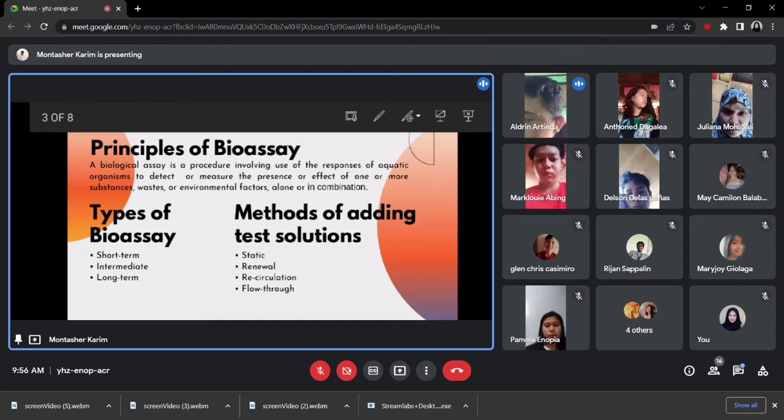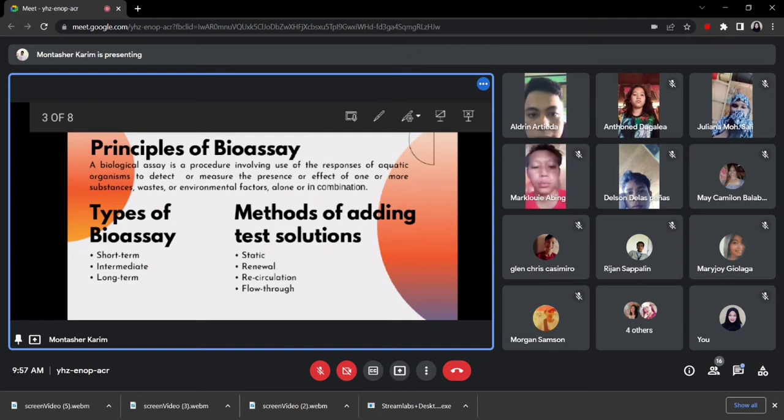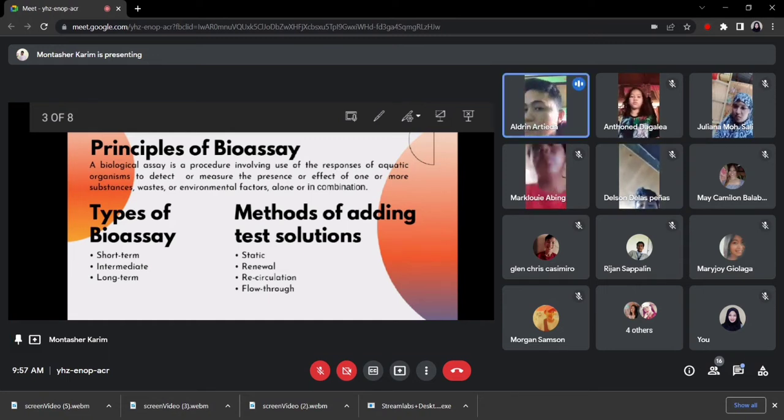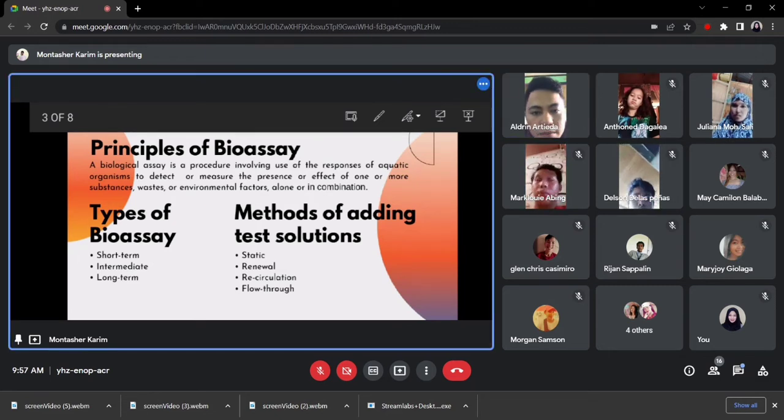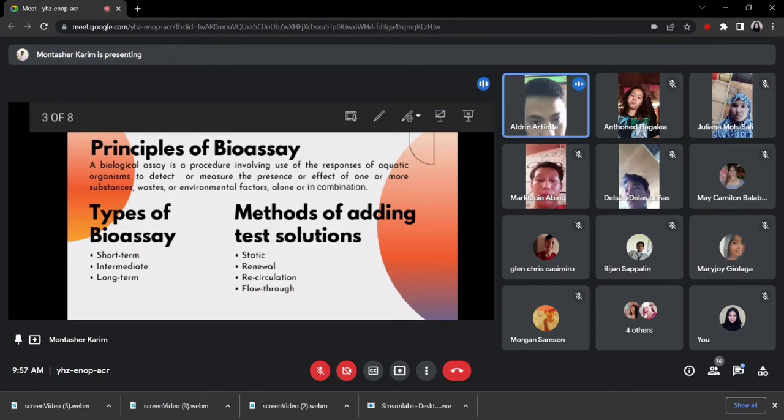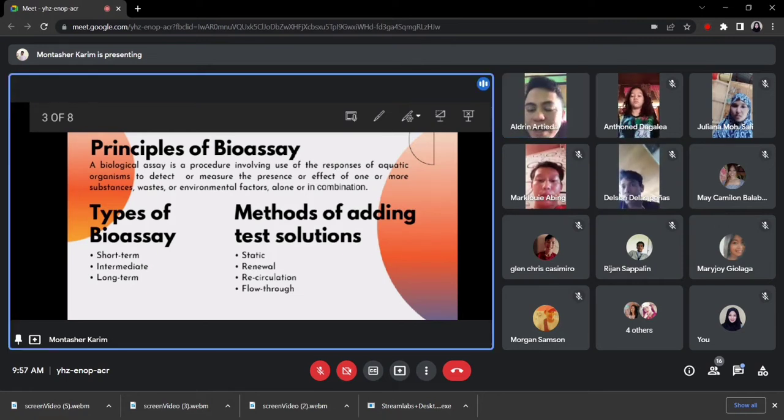While in intermediate, the result concentration is not determined with additional time. While the long term, it determines the